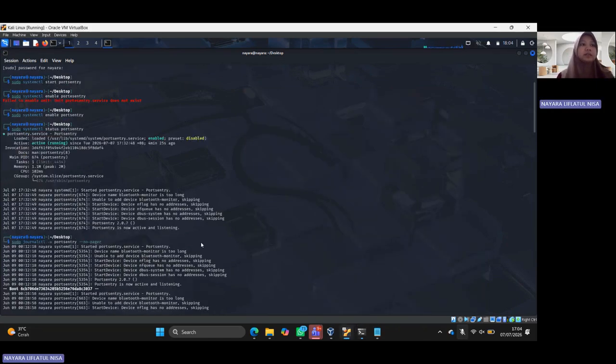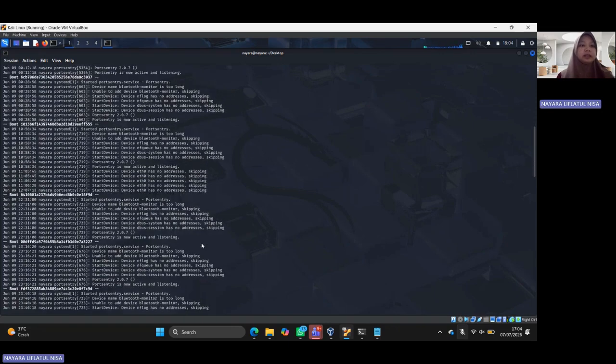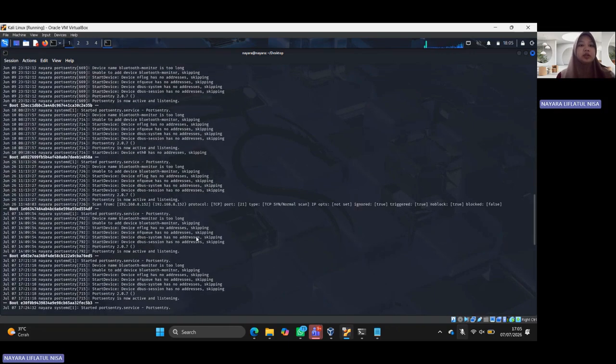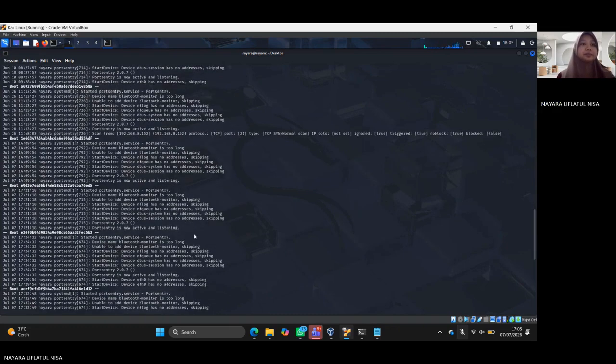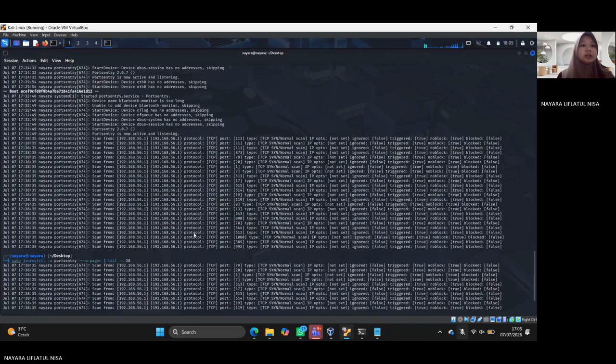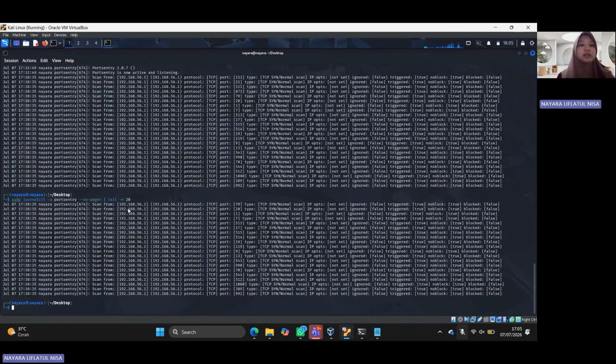After the scan was complete, I checked the PortSentry logs on the Kali Linux machine as shown on the screen. PortSentry successfully detected multiple TCP scan attempts from the IP address 192.168.56.1.